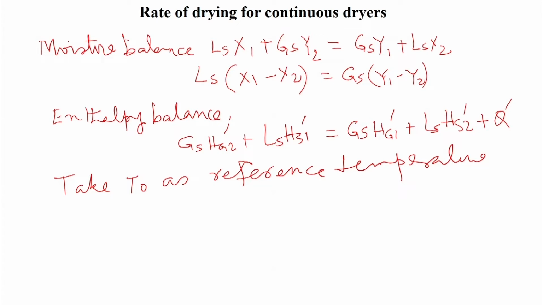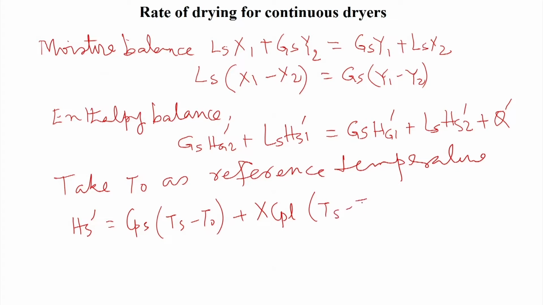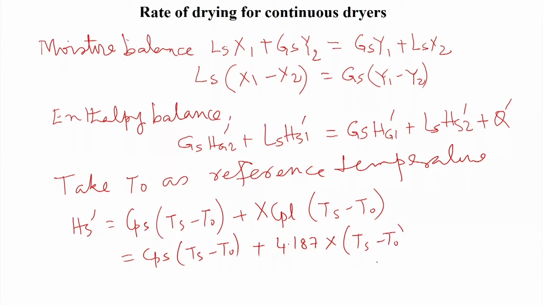Then we need to calculate this Hs prime value from the specific heat values. We can say Hs prime is equal to Cps into (Ts minus T0) plus x into Cpl into (Ts minus T0). That is nothing but Cps into (Ts minus T0) plus 4.187 into x into (Ts minus T0),